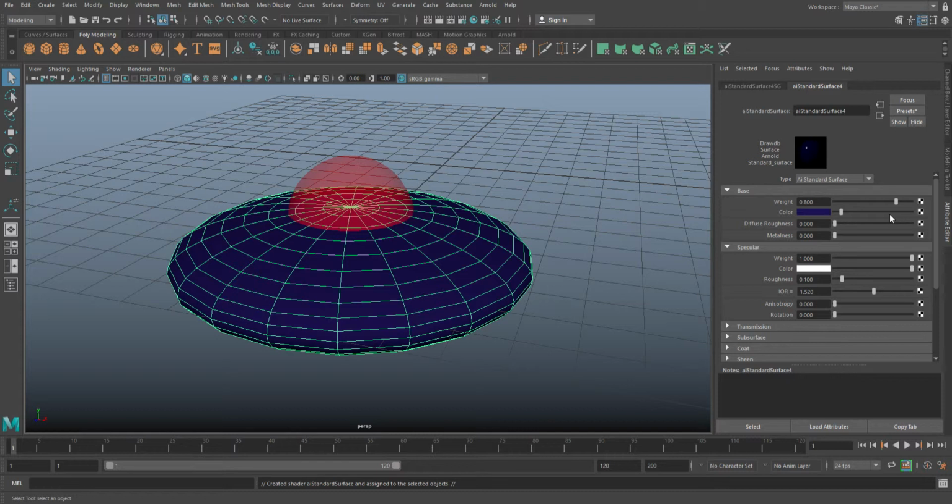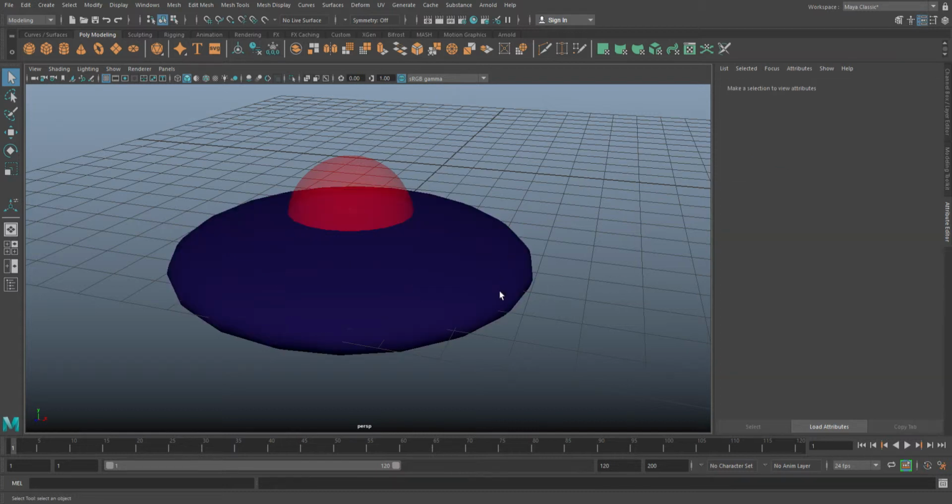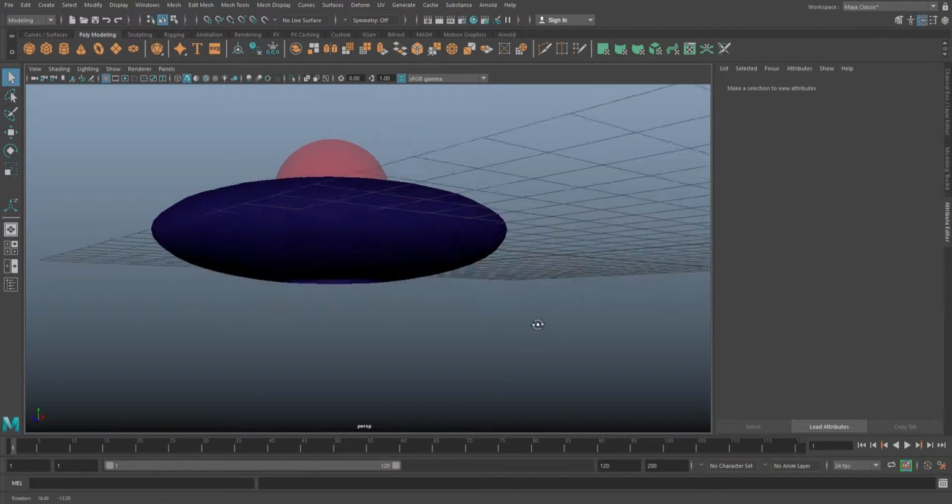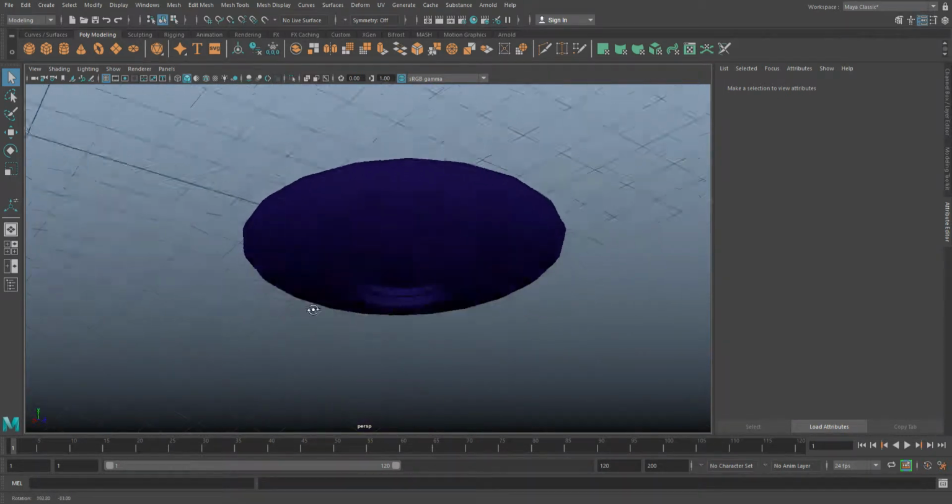Something along that line could be used to make the body of the ship look like it has a coloring on it. And as you can see, we have created a simple